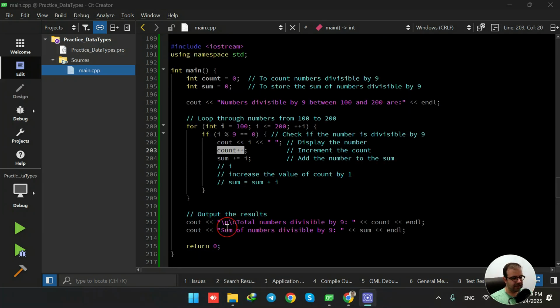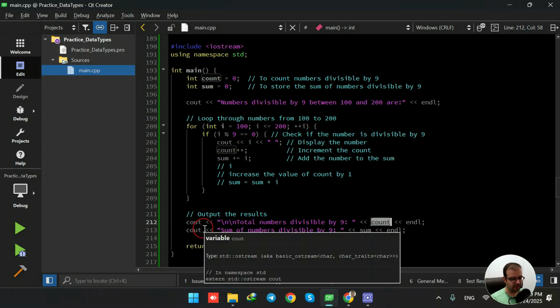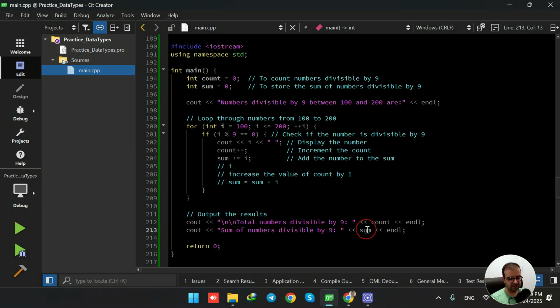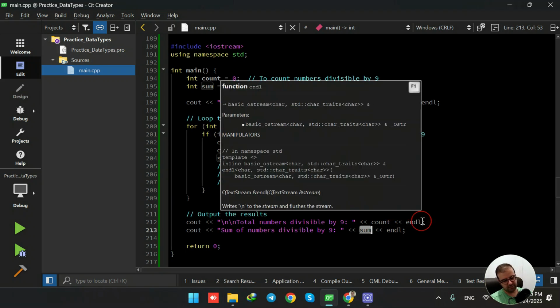1683. Here is how we are showing the output. As you see here, the total number divisible by 9, and then we are printing out the value of count, and then sum of numbers divided by 9 equals to sum that we are